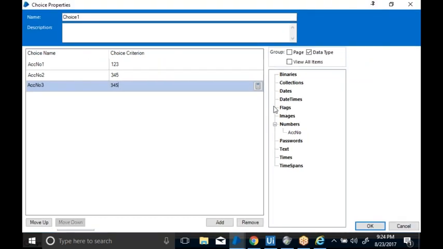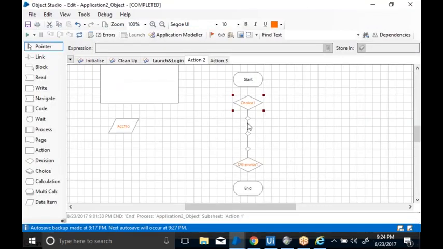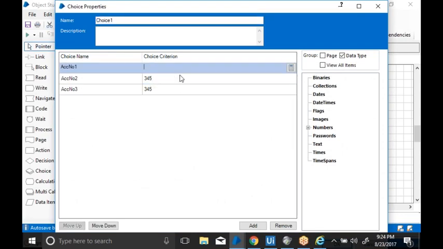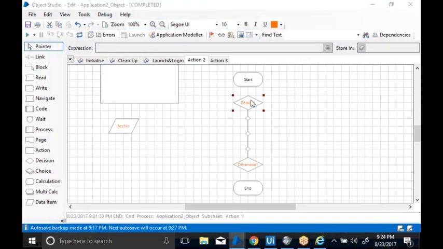Now suppose the input for this choice is the account number. You can see three different directions. Here I will give the choice name. Whenever your first one becomes true, whenever your account number becomes 1 2 3, it will go to this direction.